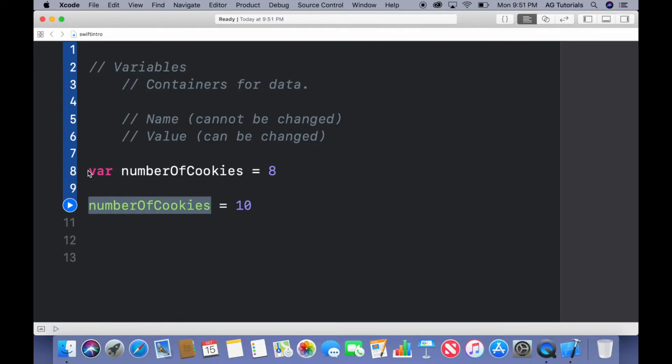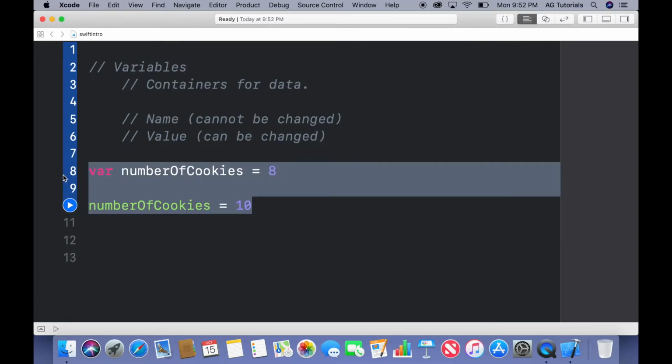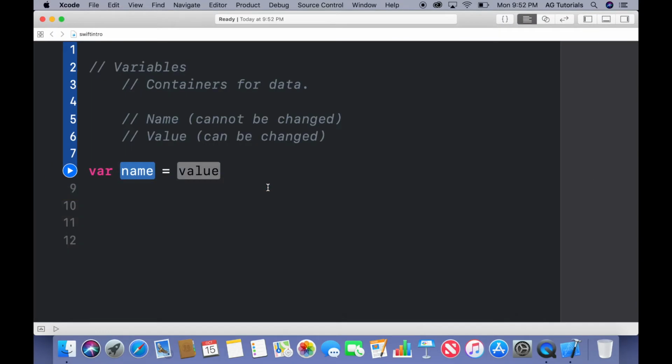So what have I done so far? I've created a variable named number of cookies and I've set it to 8. Then later I change the number of cookies to 10 by saying number of cookies is now equal to 10. Now if you remember what I typed in when I did VAR and I clicked here, how we had a